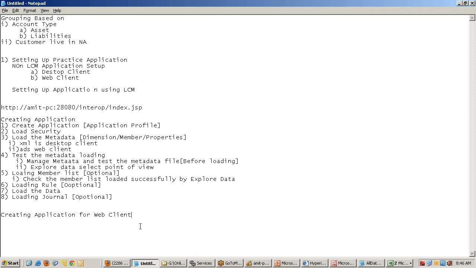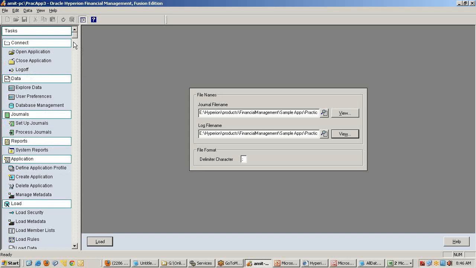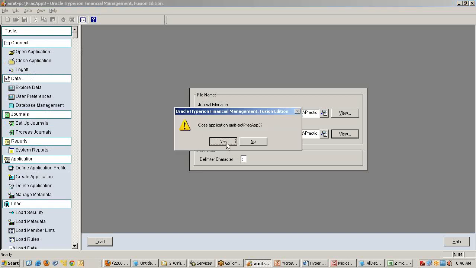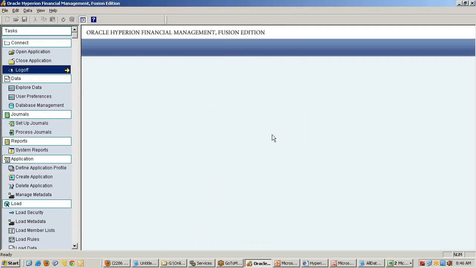So if you are doing it in a sequential manner, creating the application for desktop client and web client, make sure you log off from your desktop client. Close your application explicitly and log off. Right? Now I'm going to create the same thing through web client.